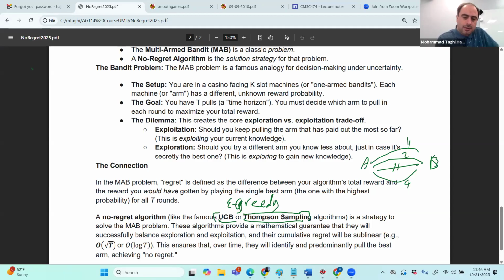The UCB algorithm is the more recent algorithm and actually works very well. This is the state of the art. Lots of people in industry use the UCB algorithm. It's a very simple algorithm to implement. Thompson sampling is not that simple; it uses a special type of distribution that you need to compute.